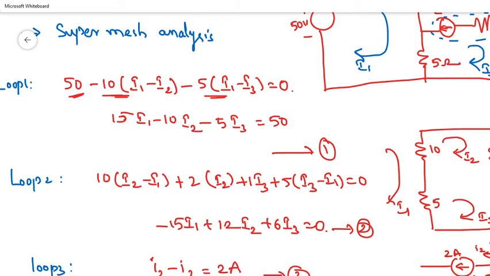So by simplifying these 3 equations, Ma'am, 3 ohm